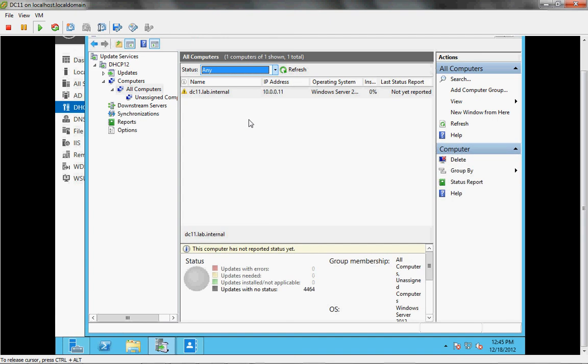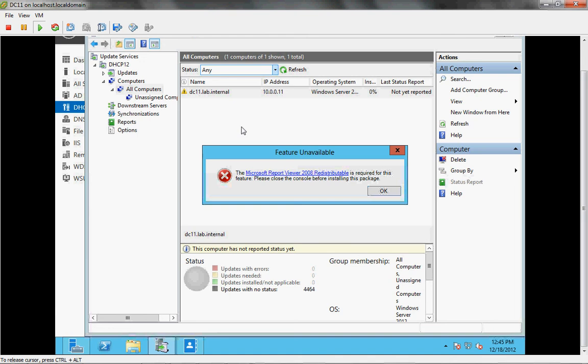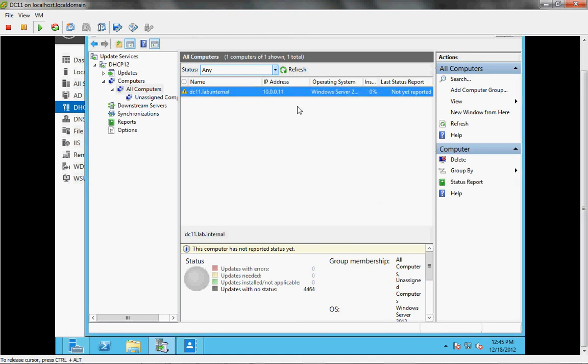Now, the status report's a really useful thing, except for you have to get the Microsoft Report Viewer 2008 redistributable. And that's not installed, and you can get it by following the links. But that's a quick run of group policy and setting group policy to assign WSUS to the servers. And if you go to some of these other servers and look around,